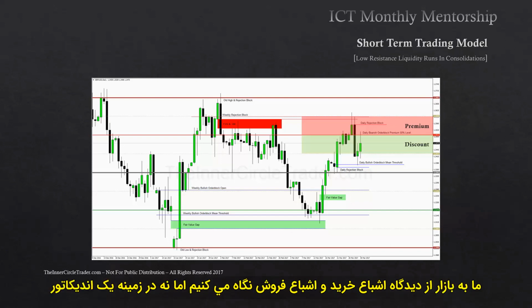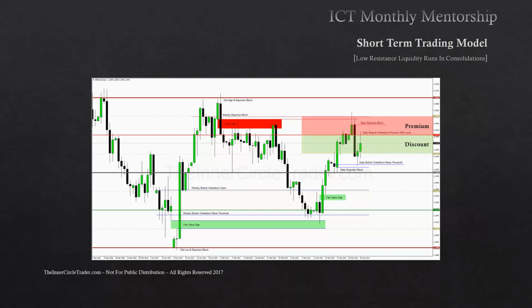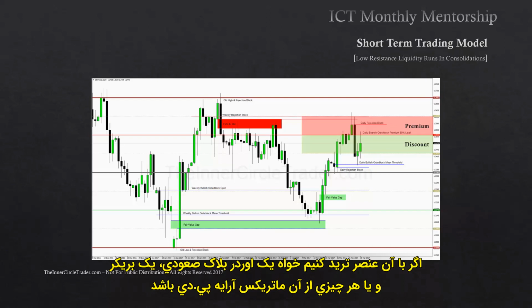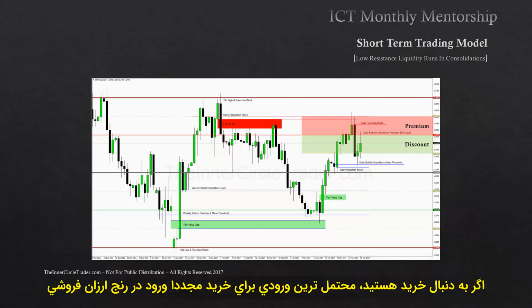We're looking at the market in the scope of overbought, oversold, but not in the context of an indicator. We're looking at it algorithmically in the scope of quadrants that are broken down into premium and discount. And by itself, it doesn't mean anything. But when price trades down to a PD array, whether it be a discount or a premium, if we trade into that element, whether it be a bullish order block, a breaker, any of those things from the PD array matrix that we've taught you, if you're looking for a long,